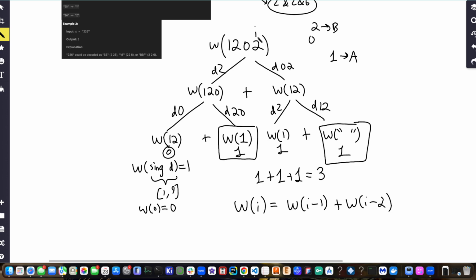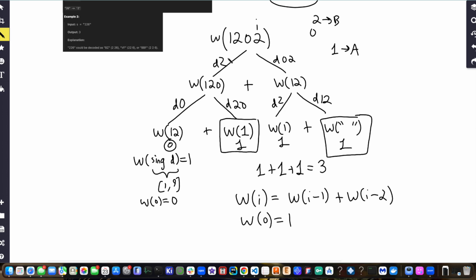And the number of ways to compose the number up to the ith digit, 1202, is just going to be W of I minus 1, corresponding to the number excluding the last digit, plus W of I minus 2, the number excluding the last 2 digits, which correspond to the choices we can make: either decode 1 digit or decode 2 digits. And once we have W of 0 to be 1, and by 0, I mean up to the 0th index, so up to nothing, well, nothing is just going to be 1, as we saw in the base case,